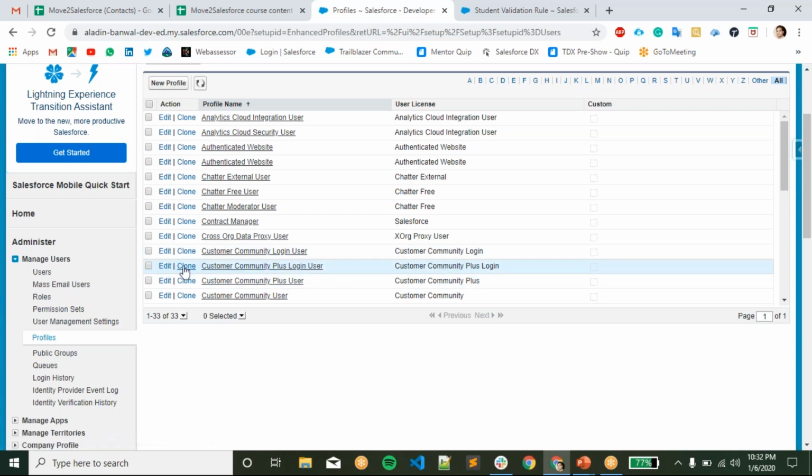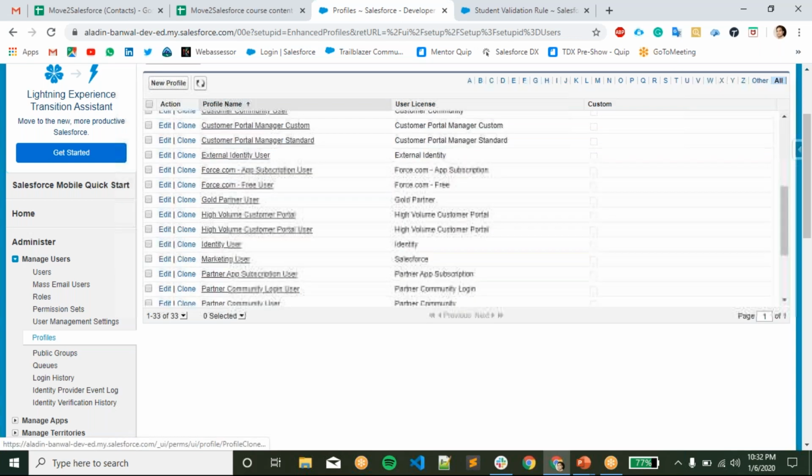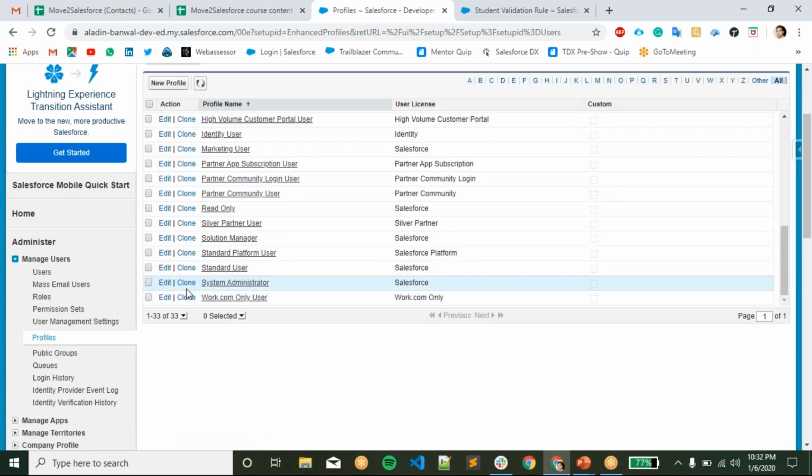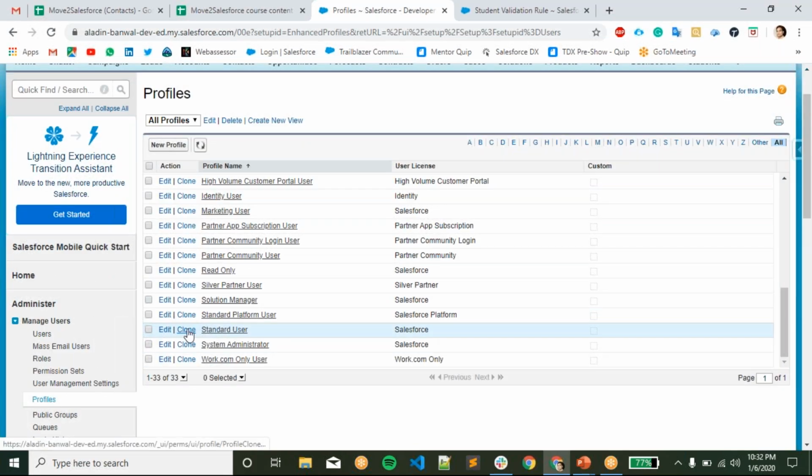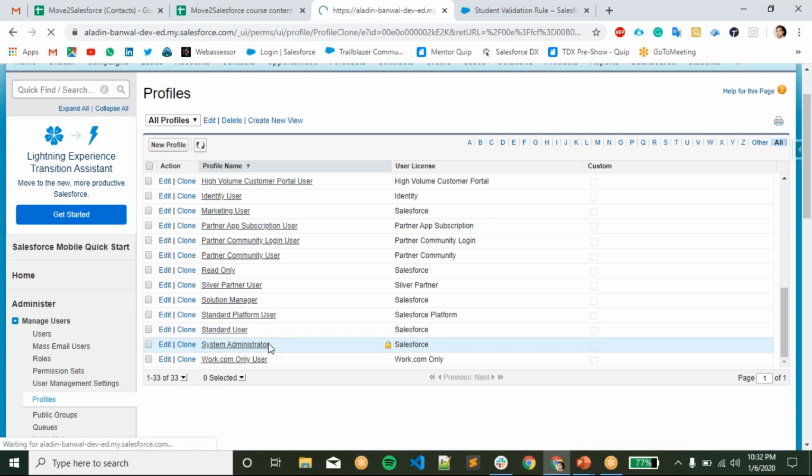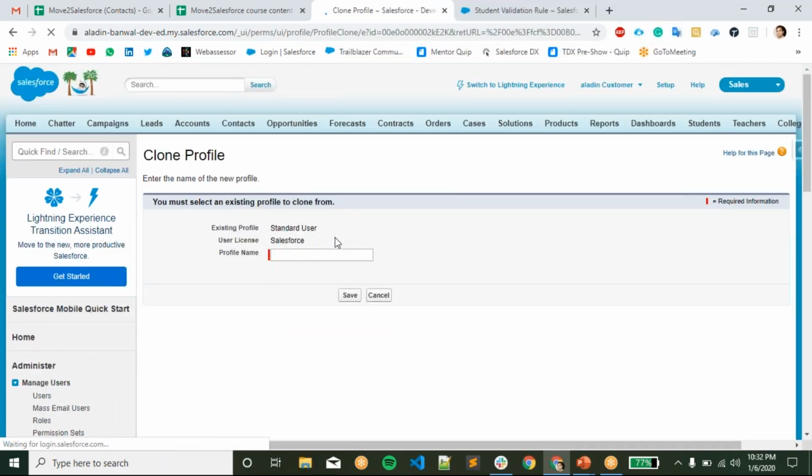What this Clone button will do is, if I go and clone this Standard User profile, all the access which this Standard User profile has will be cloned to the new one. And if we want to restrict a particular access, we can restrict.